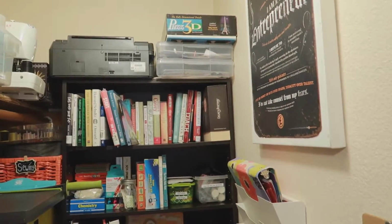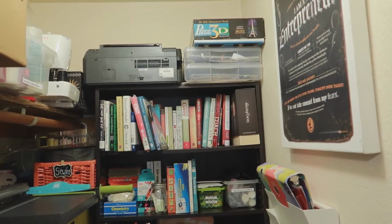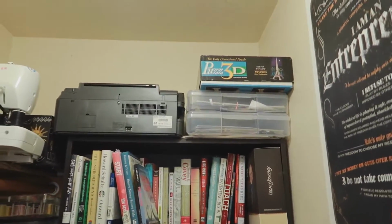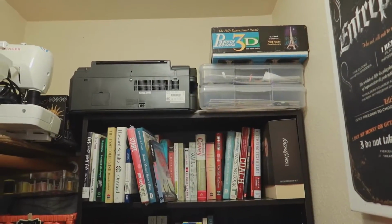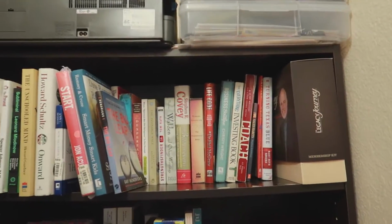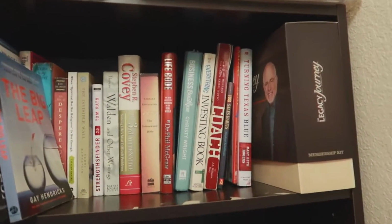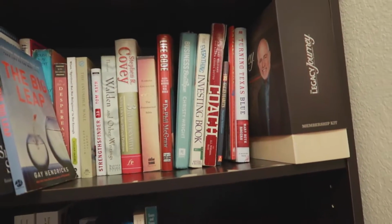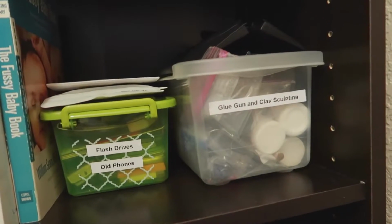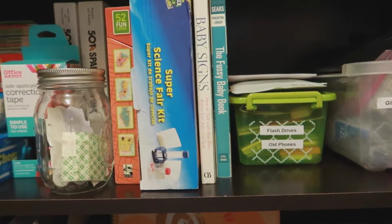Up here we have on the right hand side obviously a 3D puzzle, and then some scrapbook paper, the 12 by 12 size stuff, and then we have an extra printer that's there because I don't want to have to go buy a brand new printer if ours crashes, so I keep that one on hand. This top shelf is all my stuff, my books basically, and Dave Ramsey's Legacy Journey box and curriculum, so that's for us. Down here we have our glue gun and clay sculpting stuff, flash drives and old phones, more of my stuff, and